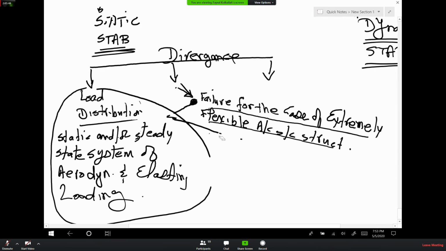All right. So what is the second situation? For the case of